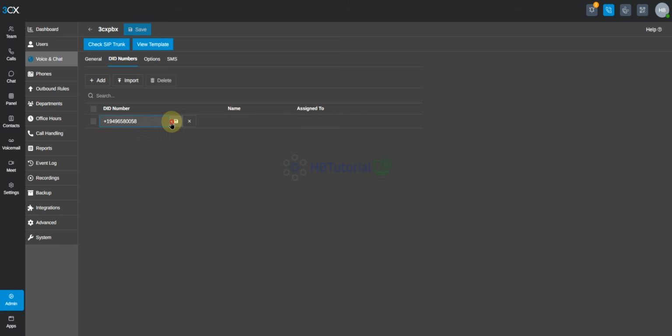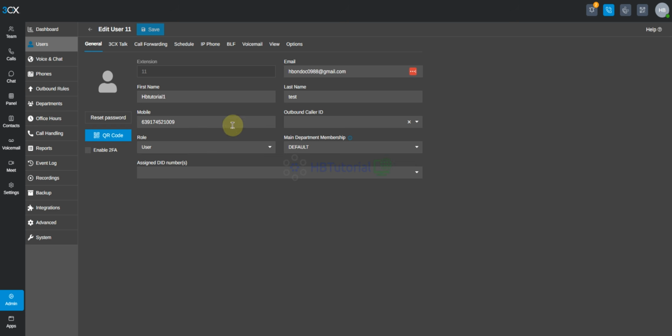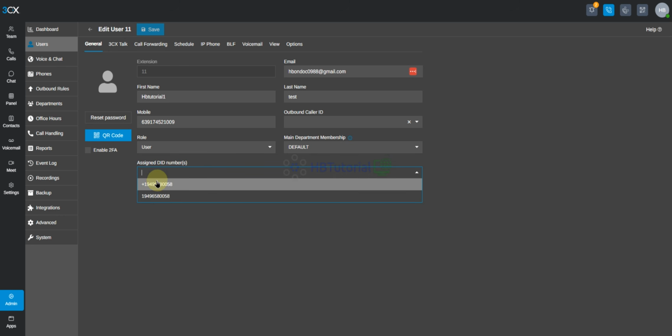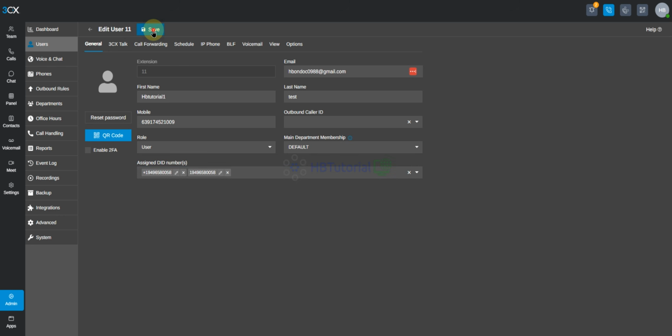It's showing unassigned. So if I go to the user, click this one, assign the ID. You can select these two, then save.